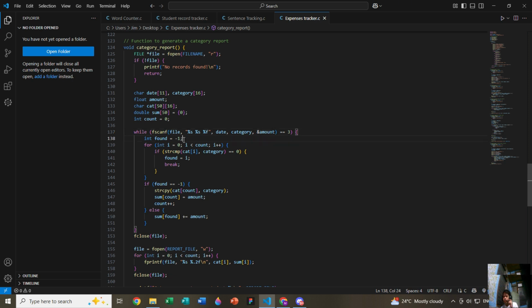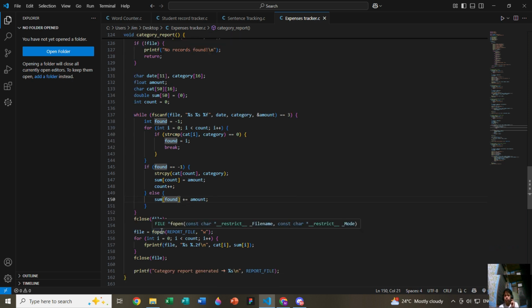Now basically, these will check whether the category is already an existing category in the array, and if it is found, it then stores its index. Basically, found equals i.